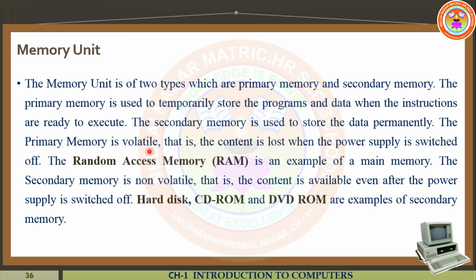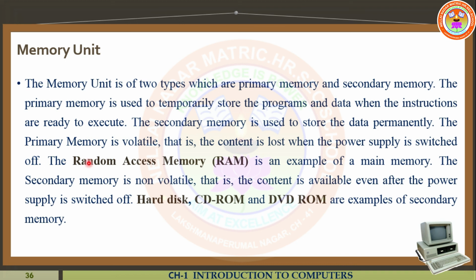The next thing is that secondary memory is non-volatile memory. This is another difference between primary and secondary memory. Secondary memory is non-volatile because if we face any problem while data is being processed, the data should not be lost. But in the primary memory, the data can be lost. I already told that in the paragraph. So the primary memory is volatile. Why? Because the content is lost when the power supply is switched off.